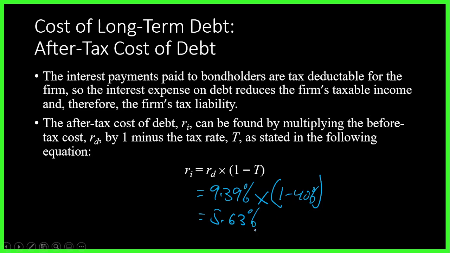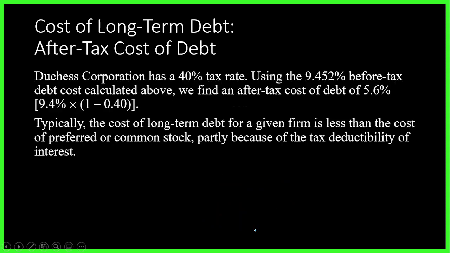And you will get 5.63%. Now in our textbook, the same example, ang ginawa niya, nag-round off siya ng maaga. So dito it's 9.4. Multiply that by 0.6 and you have 5.64. Okay lang naman. So this is now your cost of debt, the first component of our cost of capital. So you have 9.4 times 40% pag hindi ka nag-round off, and you will get 5.6%. Parang iba yung lumabas sa akin, iba yung lumabas sa kanya.